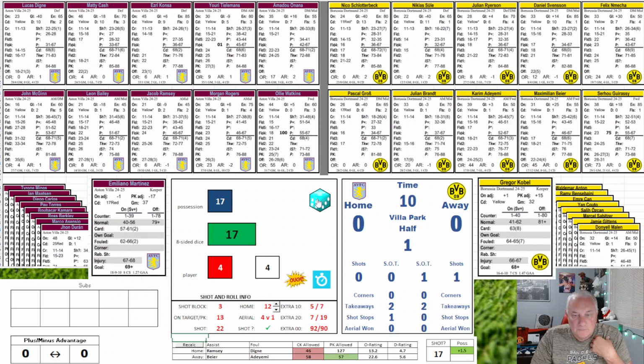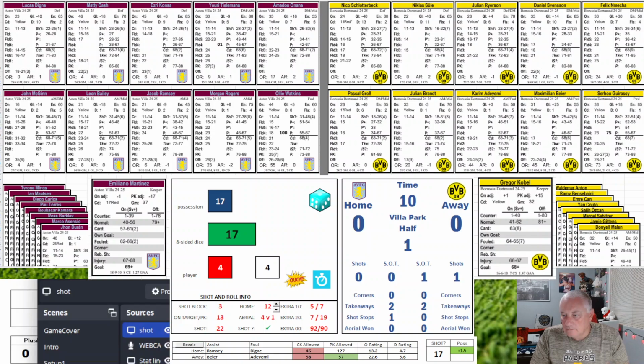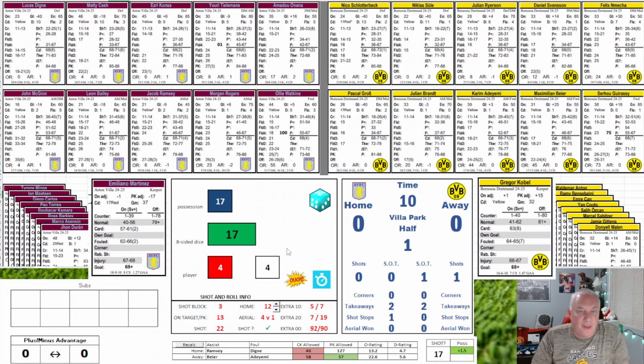Hold on again, one second. Okay, trying to change things on the fly. 4:17, foul 4 is a P. Okay, we play open play here. So you'll see the penalty kick allowed for Villa went from a 67 to a 97 because they allowed a PK. I had switched that around and then I doubled it up, so that's all fixed now.